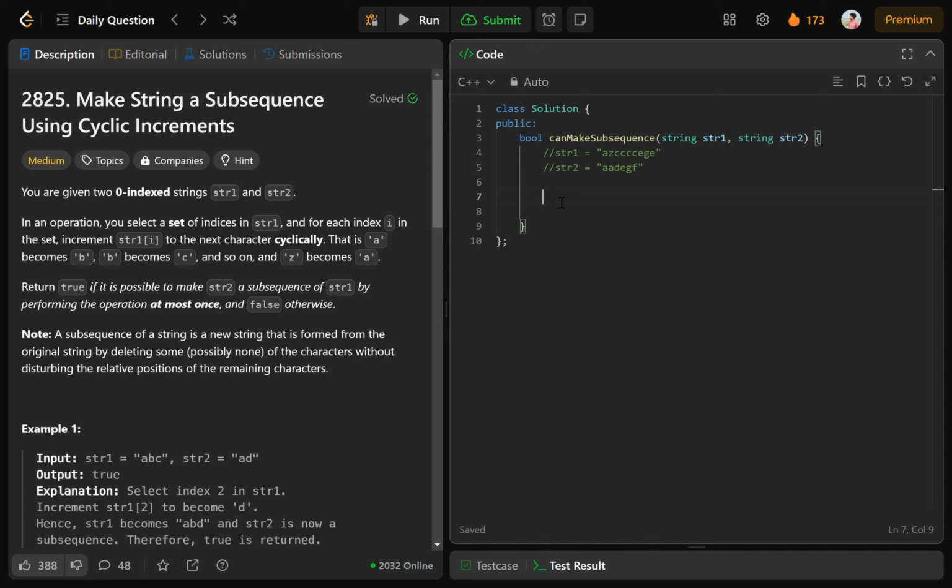Okay, so let's take two pointers, i and j, initially both at the start of str1 and str2. So i is for str1 and j is for str2. And now, while both the iterables are within the limits, that is, while i is less than str1 dot size and j is less than str2 dot size, in that case